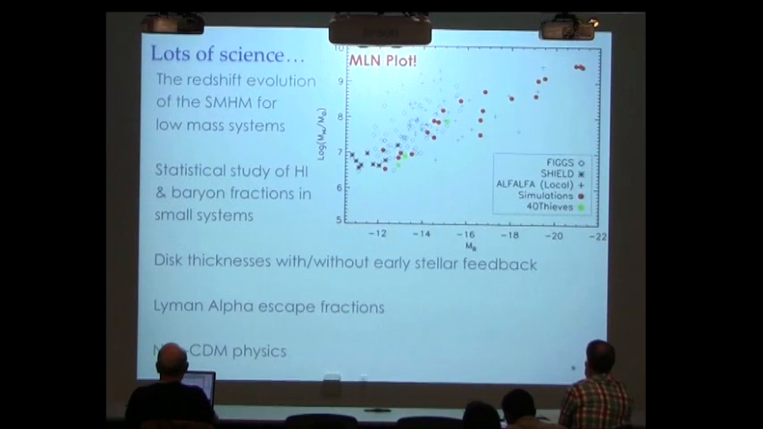So there's lots of science that we can do with a large cosmological, very high resolution simulation of many dwarf galaxies on the order of 10. So I've mentioned the redshift evolution of the stellar mass-halo mass, or low